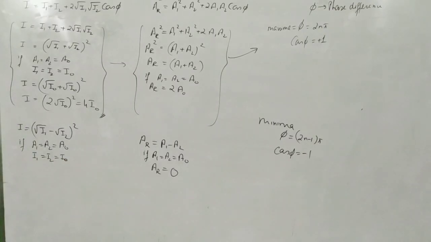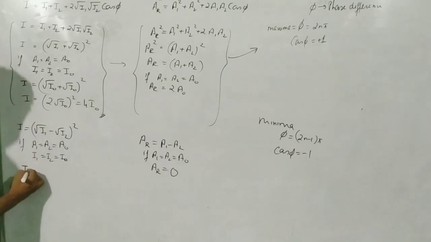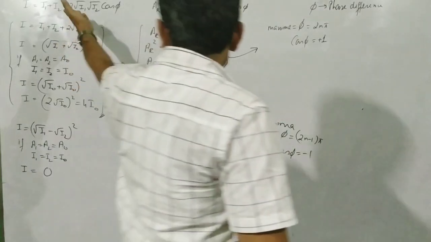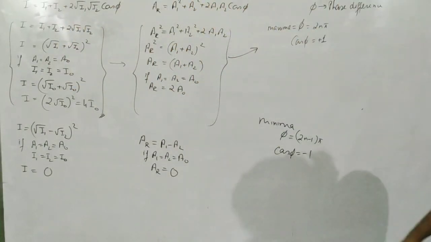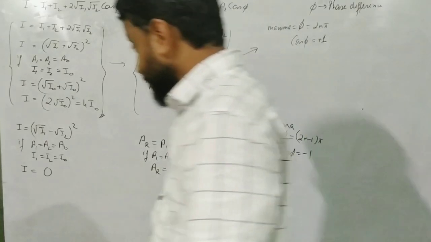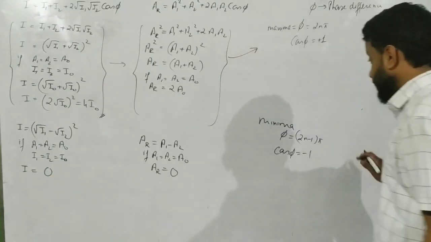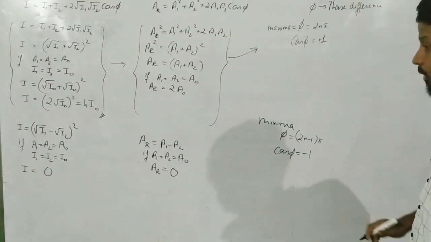Then what will happen? You will get the total intensity as 0. It is complete darkness. So this is the intensity formula, and this is the formula for wavelength. Coming back now, let's move ahead. I have space, so I will just conclude the statement after this over here only. Now, what is happening over here?